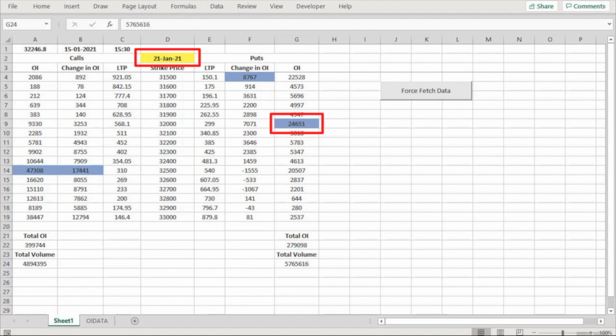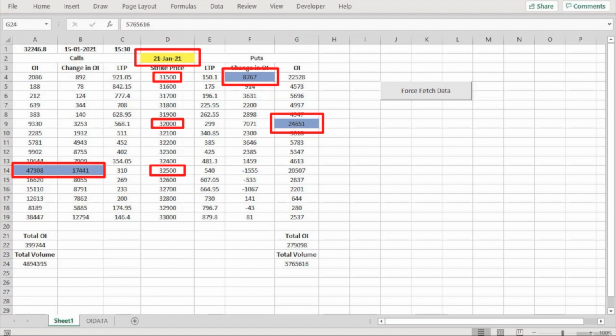The blue colored cells indicate the probable resistance and support levels for the current expiry. The levels on the put side indicate support, whereas the levels on the call side indicate resistance. These levels hold most of the time, but they are not truly permanent and change with time because in practice they can be breached or broken. You can take option selling strategies such as straddle and strangle based on these levels.